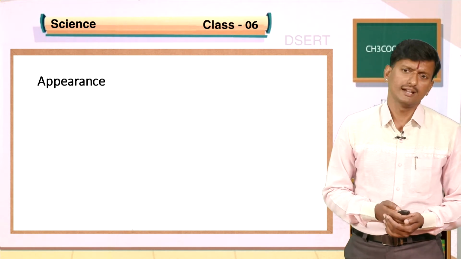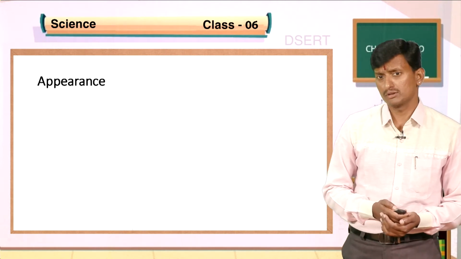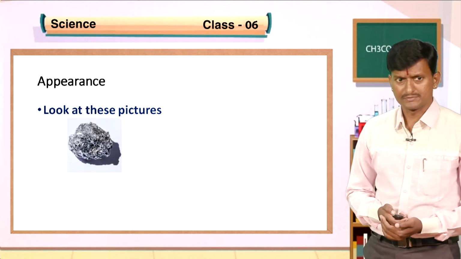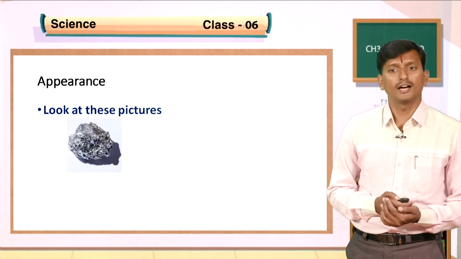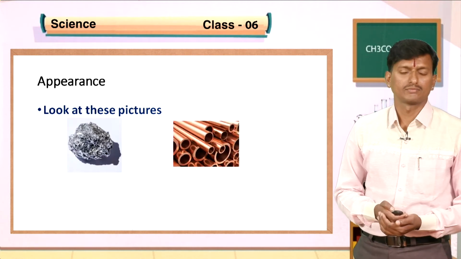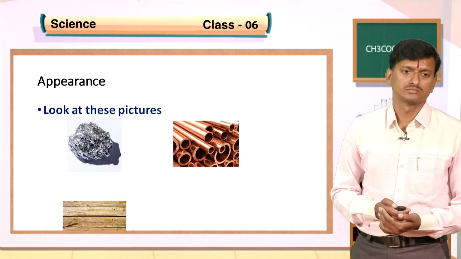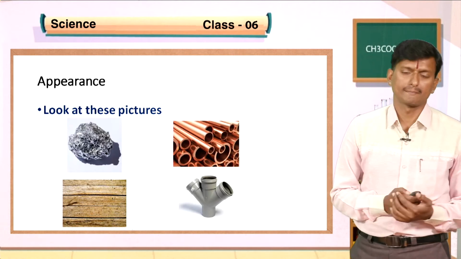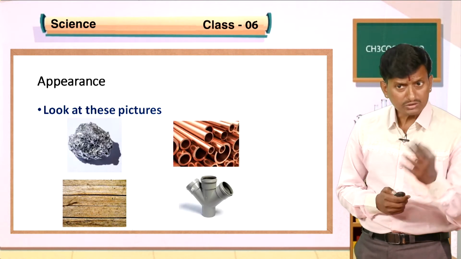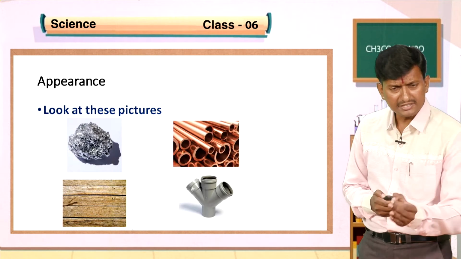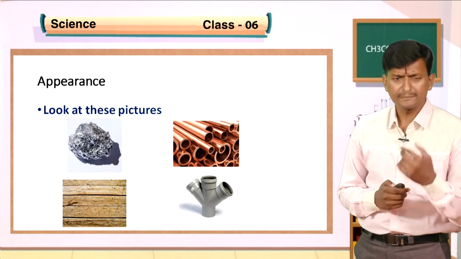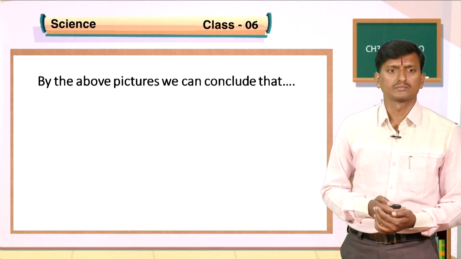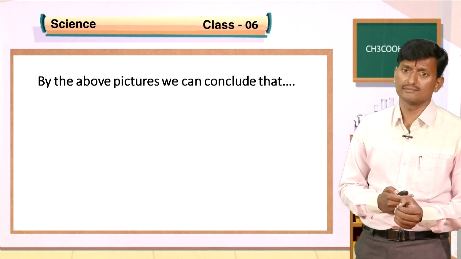First one is appearance, which is one of the properties of objects. Look at these pictures. This is aluminum foil, a copper rod, a wooden plank and a PVC pipe. Do you think all these materials are the same? By the above pictures, we can conclude that